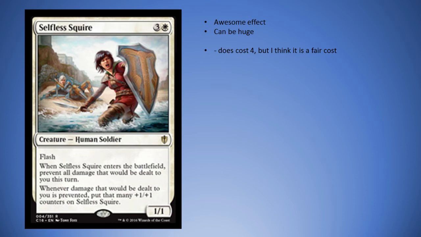Whenever damage that would be dealt to you is prevented, put that many +1/+1 counters on Selfless Squire. So if your opponent is going to somehow blow you out with some kind of crazy infinite damage thing, then you can just play this card and hopefully soak up all the damage. If your opponent's going to attack you with 1,000 creatures, then you can just play this card, and this card